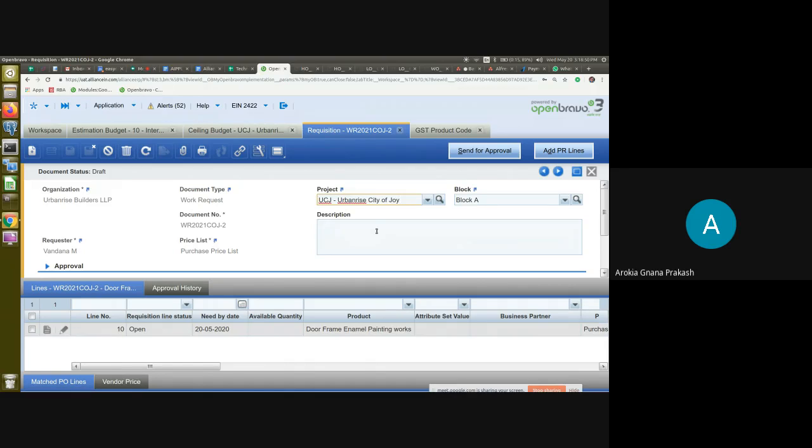Okay, and the TDS part, how to handle TDS? Because now we are very much tuned to TDS. After that we'll show how to add TDS. Okay, but it should be there. Otherwise, our contractors will come and ask, because no one is there in accounts to respond to their queries, and we are forced to respond to their queries. So TDS also should be visible in the work order itself.